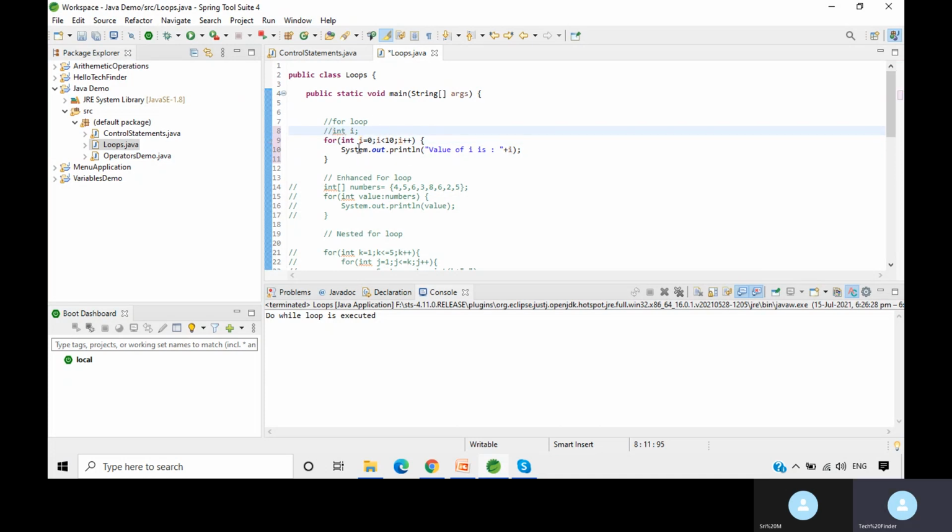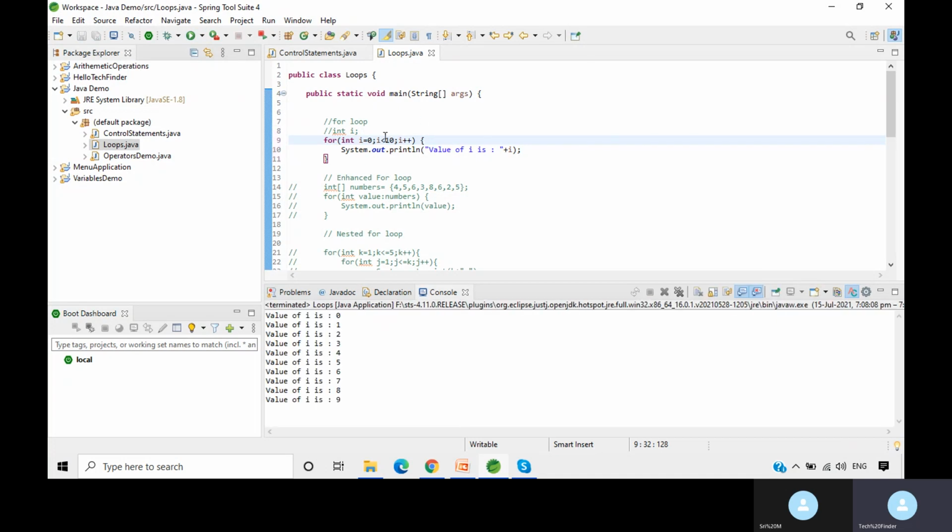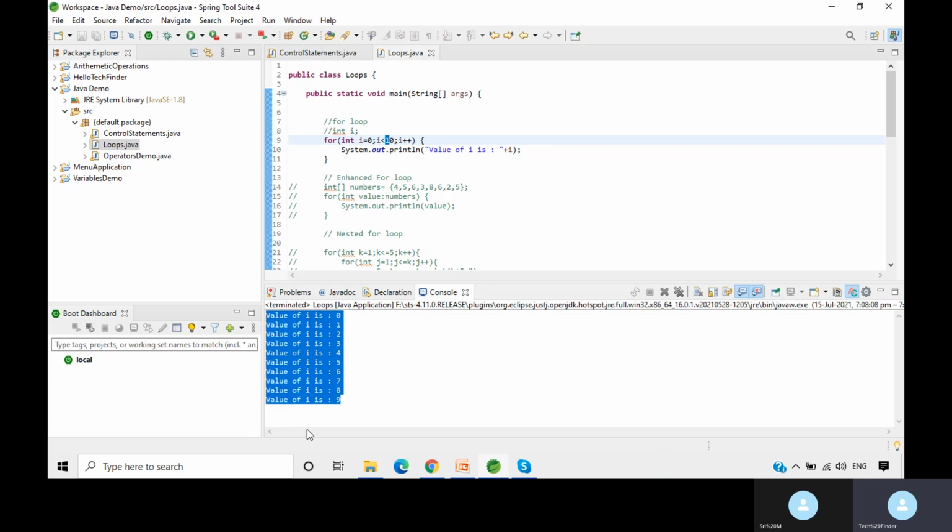Now directly inside the loop itself, we can initialize the variable as well. Now if we just print, it will print the values from 0 to 9, because here we have given less than. If we give less than or equal to, then it will run the loop for i equal to 10 also. If you give less than only, then it will print only 0 to 9.